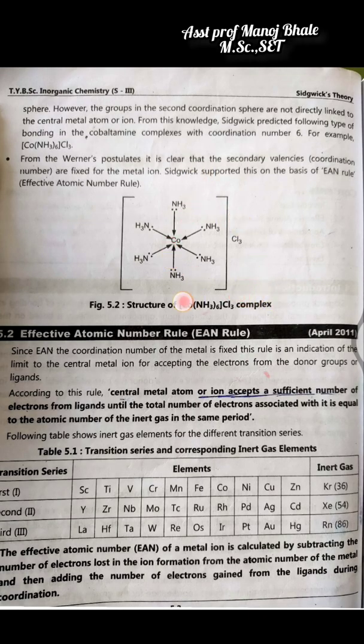This is the structure of the complex formation. There is a cobalt present there, and around this cobalt there are 6 ammonia surrounding it. This is the first coordination sphere. Inside the square bracket, all these form bonds, and all these ligands are bonded and directed towards the central metal. All these are dative bonds or coordinate bonds. Outside of this square bracket, there are 3 chlorines placed there. So this is the structure of the cobalt complex, and this cobalt complex also varies in its effective atomic number.